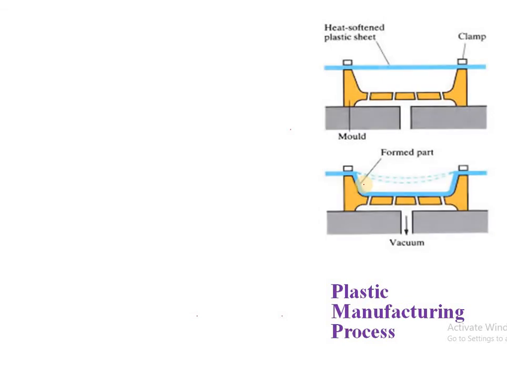Now next is plastic manufacturing process. So the processes which are used to manufacture the product from plastic. So here is the first, that is thermoforming. Again it is classified into two, thermoforming and vacuum thermoforming. In thermoforming, pressure is applied on a sheet, whereas in vacuum thermoforming, vacuum is generated. So in detail we'll see in the upcoming videos. From this process, various plastic parts or plastic components are manufactured which are having less thickness.